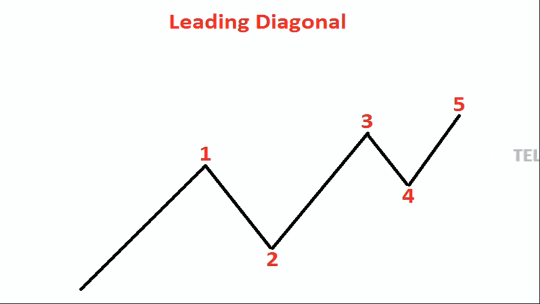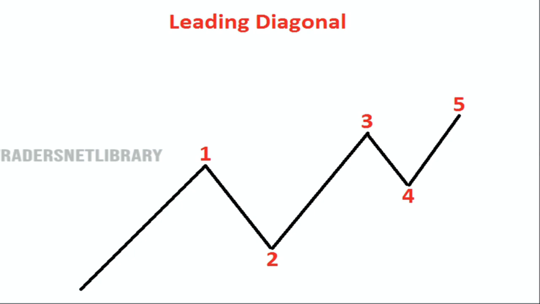Wave 1 is usually in the form of a trending impulse pattern. In a few cases, wave 1 can have a terminal impulse pattern structure. Wave 3 must go above the peak of wave 1 and must have the structure of